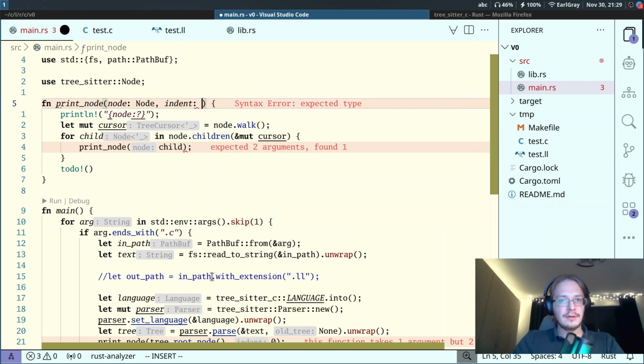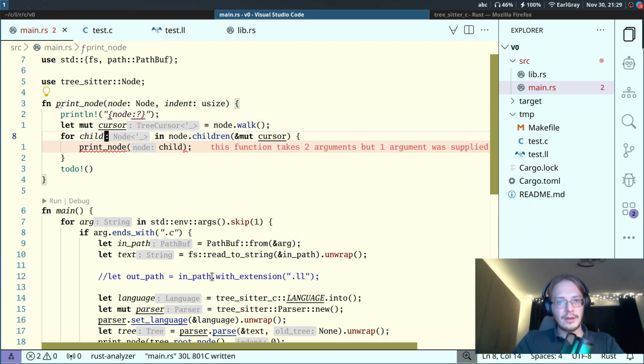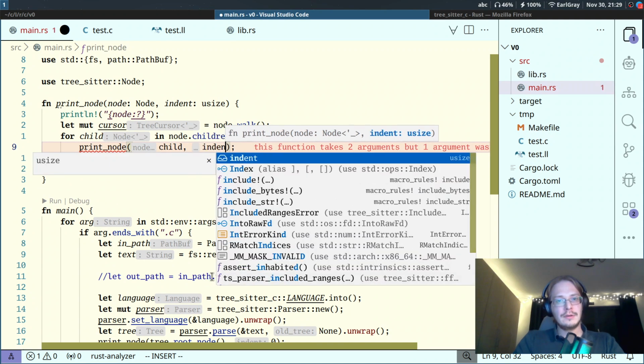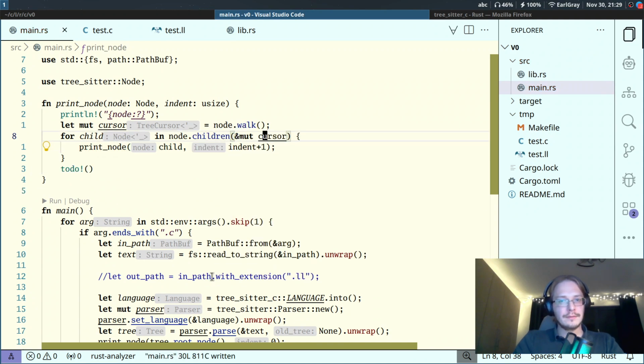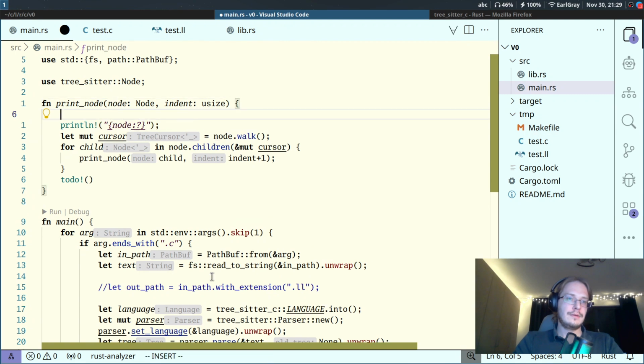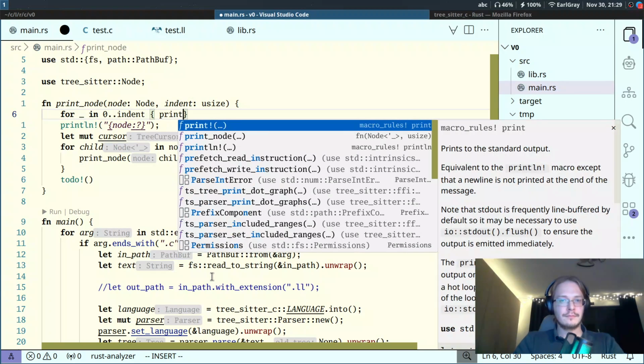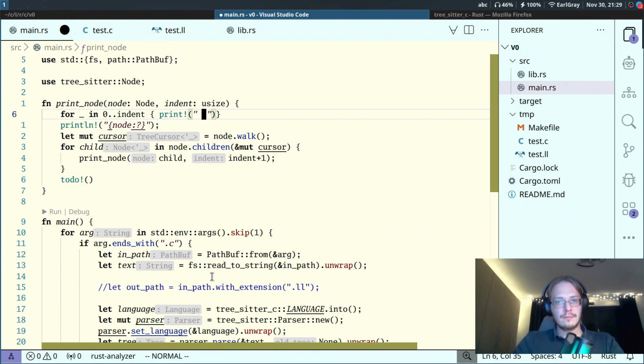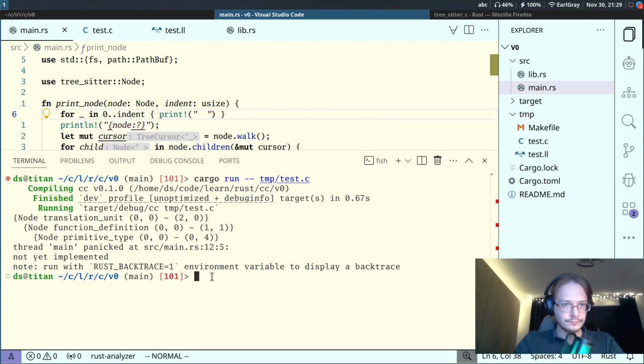Let's add indent size, and let's do indent + 1. And here let's just print a few spaces. Yeah, and now we can actually see the